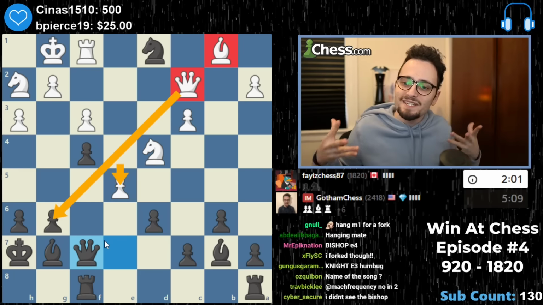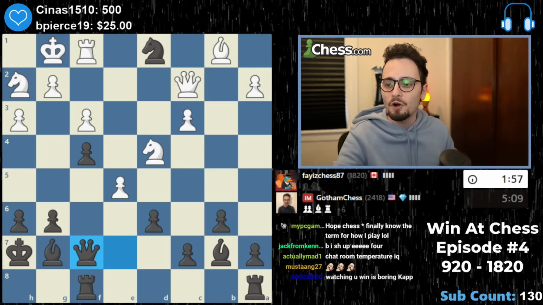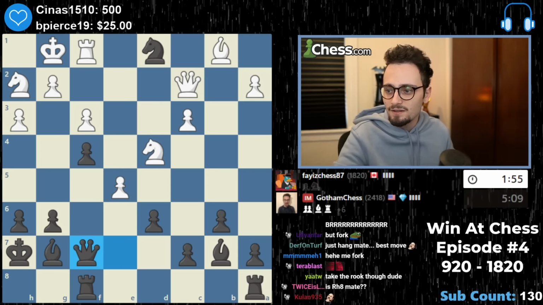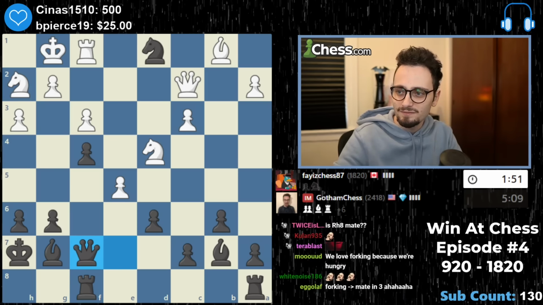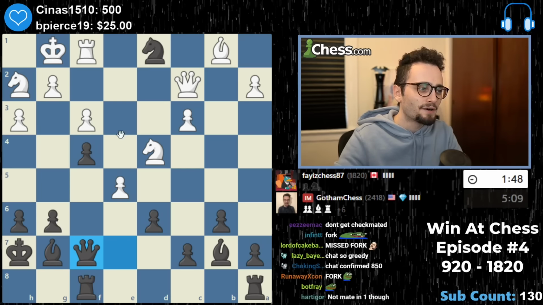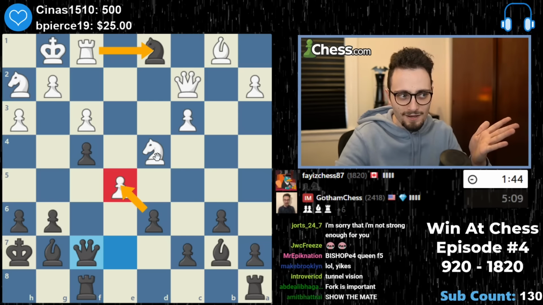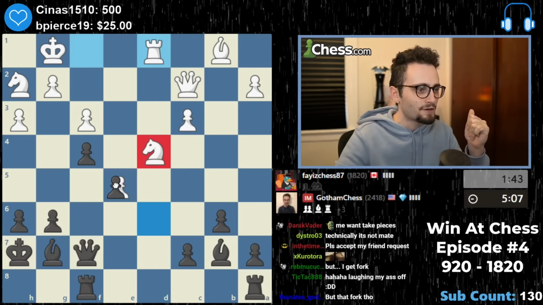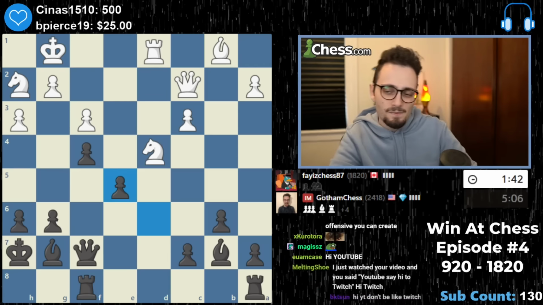The whole point of this series is to teach you to visualize what your opponent wants. Right? That's the whole point. That's what we're doing right now. Now, if my opponent takes back my horse, I will take the pawn, attacking the horse, and I'm very happy, and I'm probably just easily winning now. But...